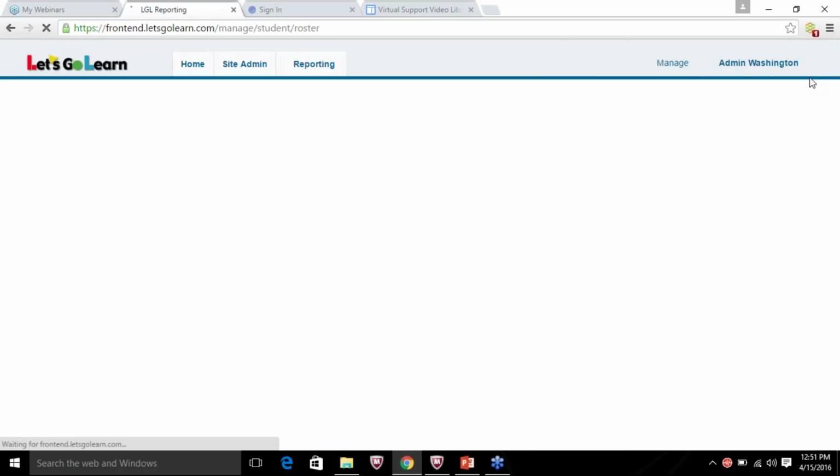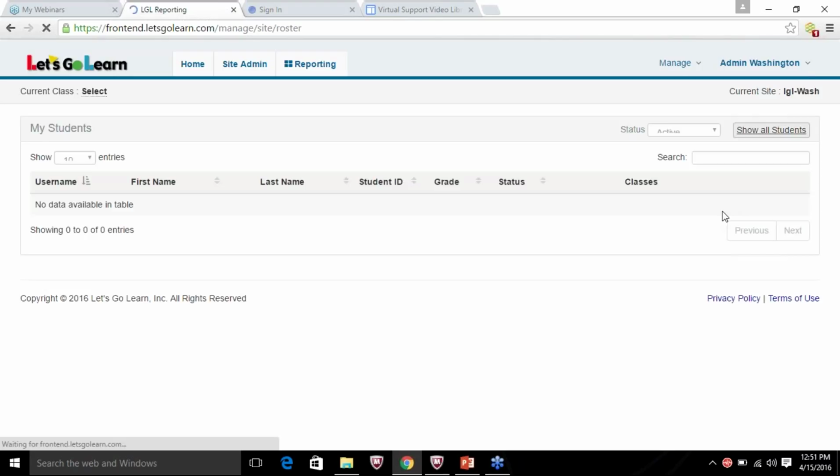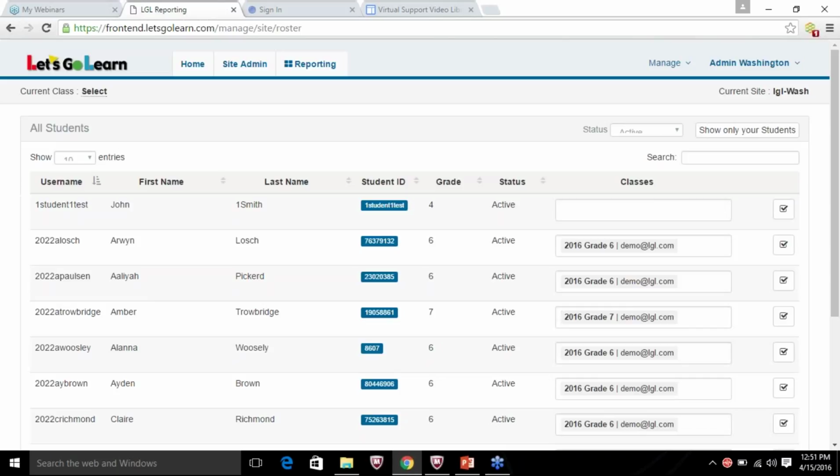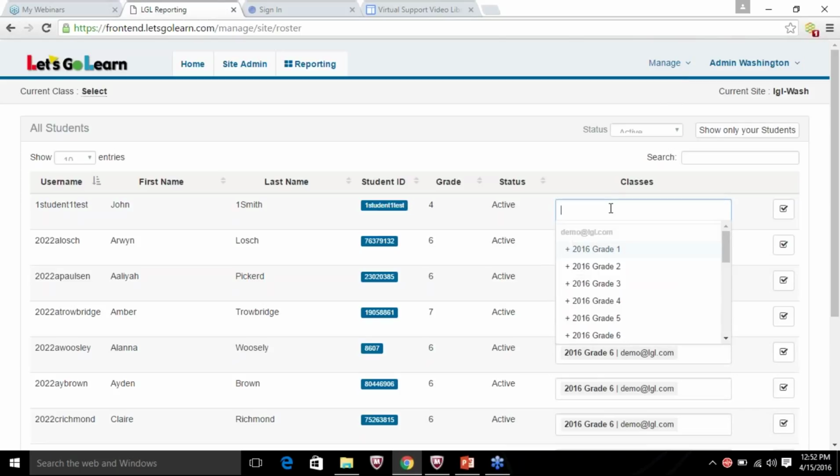I also want to point out here from the roster, show all students, manage students that administrators might find helpful, is on this page. You can quickly add students or take students out of classes. So you'll notice a drop-down appears. If I start typing, I will see Spanish pops up. So it's really nice if you know the beginning of the class that you want to enter, but also know the drop-down is there. I see all of my teachers and their classes, so I can place them in.